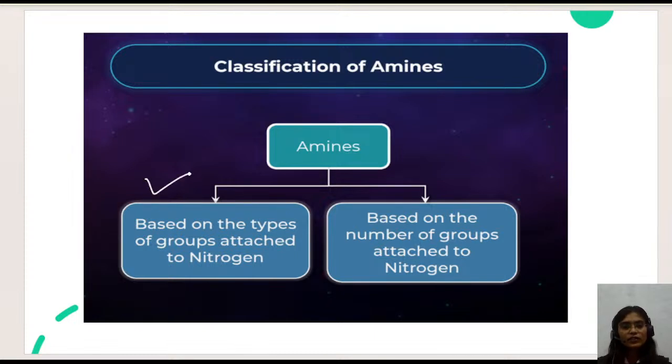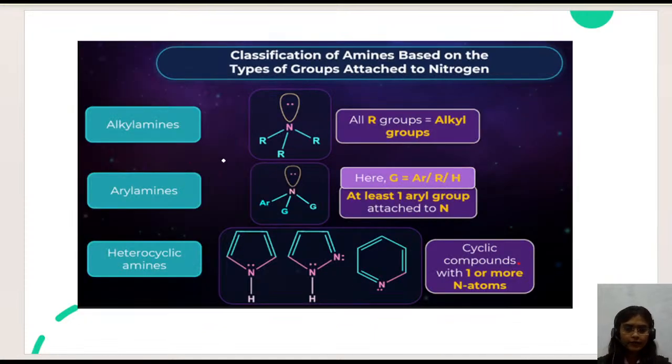The first classification is based on the type of group attached to the nitrogen. Okay, so let's see how to classify this there. Let's observe some cases. If we are observing, this is an alkyl amine. R can be aryl or R can be alkyl. Okay, so for example,